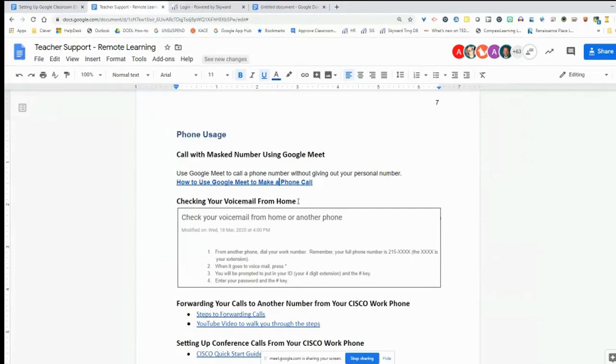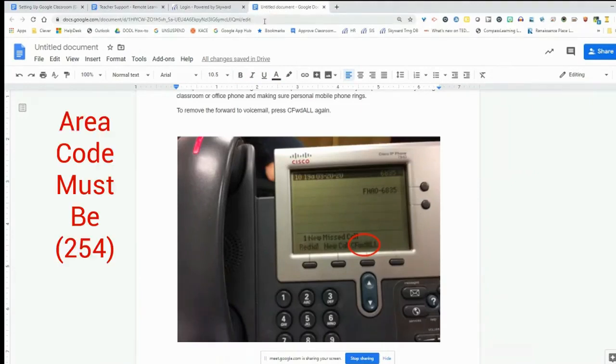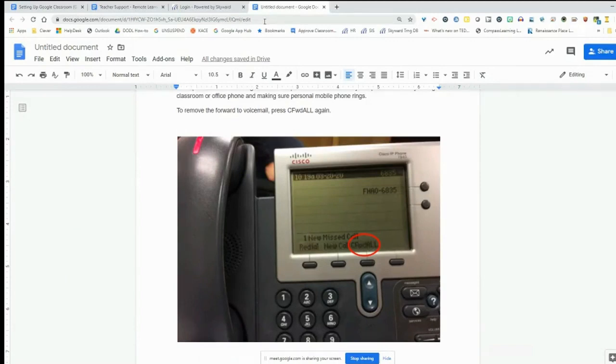You can also have your school phone forwarded to your personal phone. This does not work, however, with long distance. So you can only forward to a phone with an area code of 254. If you're looking at your phone and you have to do this, yes, at school, go to your school phone, and right here it says CFWD all, call forwarding all. Click on the button, the third button from the left, and